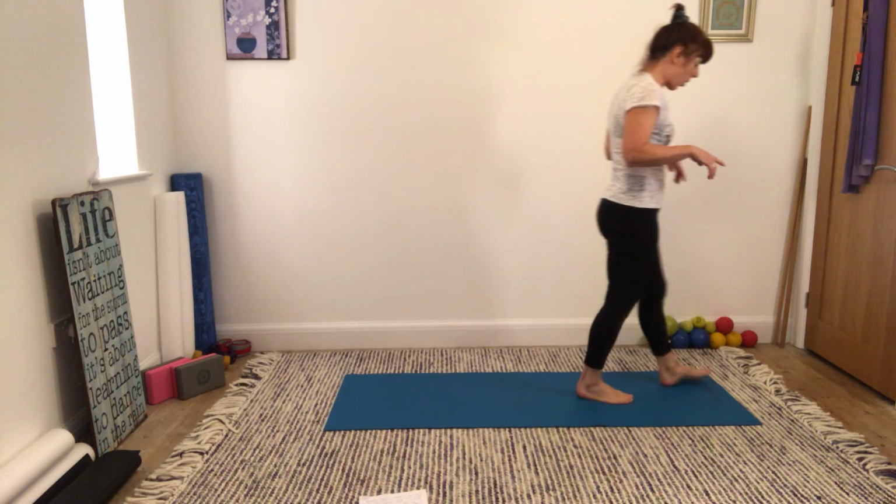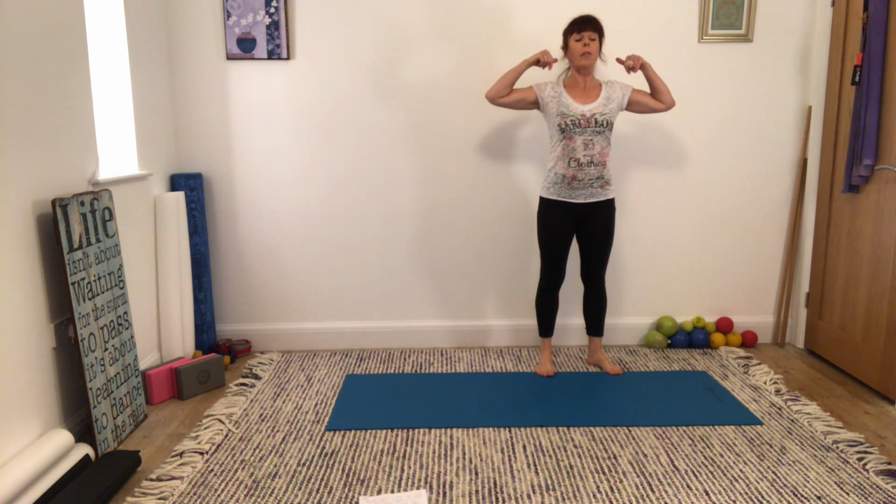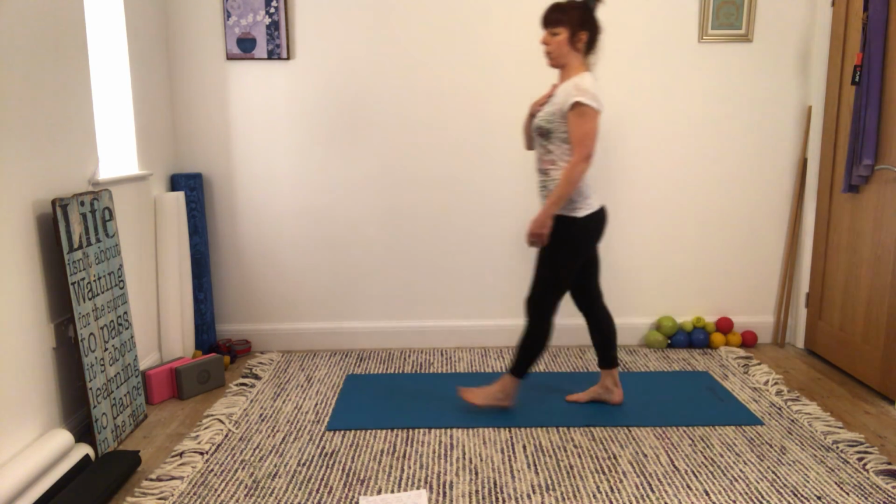So definitely not head down. Absolutely not head down. Eyeline lifted. If you need to look where you're walking, then lower your eyes to look down, but don't actually lower your head. Lift your chest. Almost be proud. Feel like you've